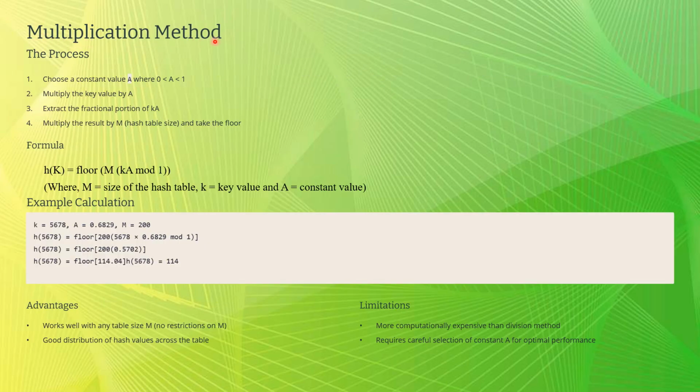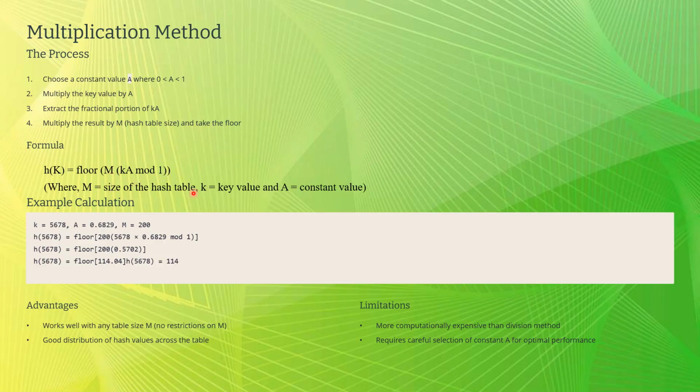The final method is the multiplication method. The process of the multiplication method is: choose a constant value a between 0 and 1. Multiply the key value by a. Extract the fractional portion of ka. Multiply the result by m, where m is the hash table size, and take the floor value. The formula used here, h of k is equal to floor of m times (ka mod 1),